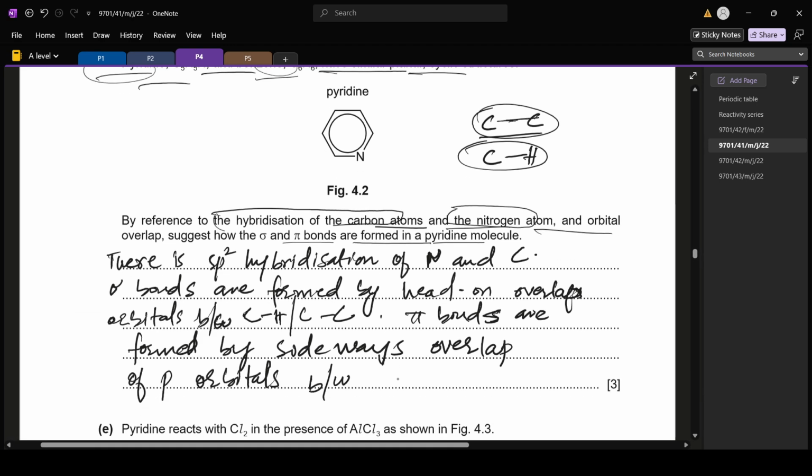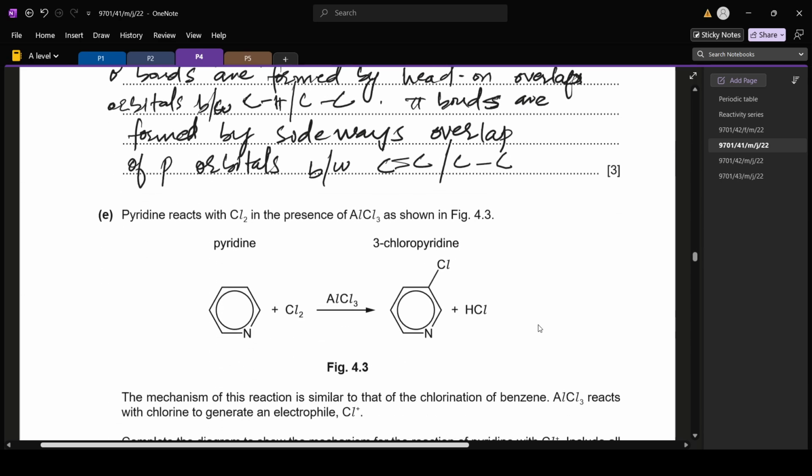Okay, so you can write it as between carbon and carbon, or you can also write it as the carbon carbon bond. Okay, moving towards next